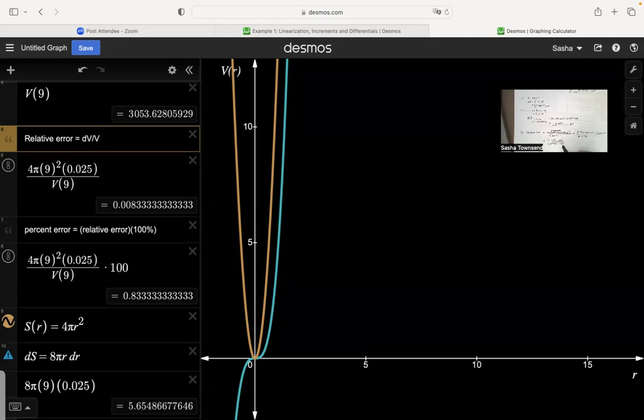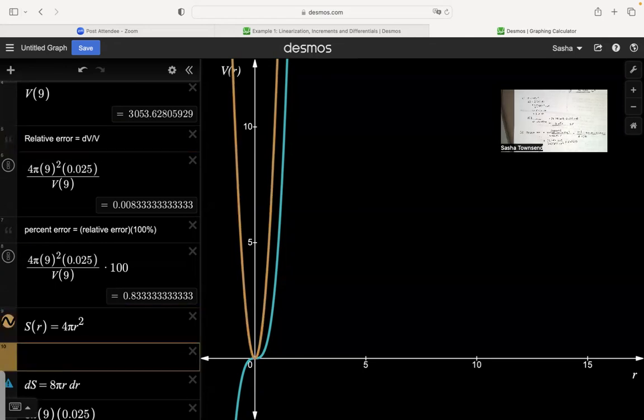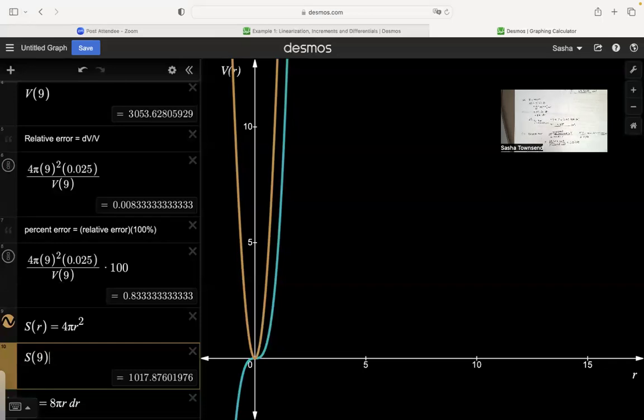And when we divide those, we get approximately 0.00833. And then we'll do the same thing with the surface area. The surface area at R equals 9 is that maximum propagated error, excuse me,